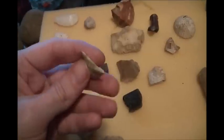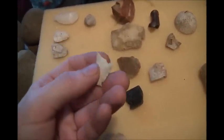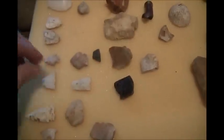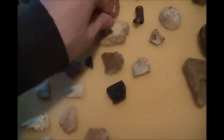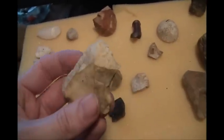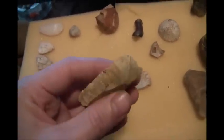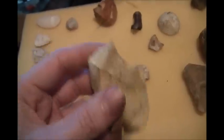Because I found this point at a construction site, which was the second place we stopped at, I think. And they'd gone through with dozers and removed most of the soil that would contain artifacts. Right next to that, and when I thought I'd shut my camera off from finding that, was this. And then